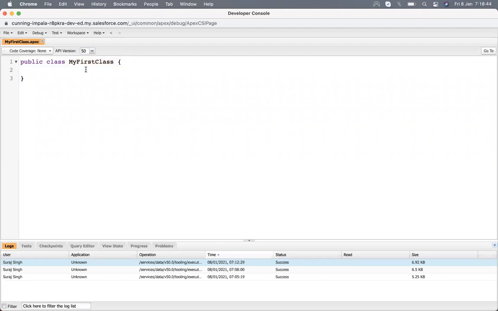It's quite similar, the same as how we declare a class in any language. We write the access of the class, which will be private, public, or global, then class, and then the class name. You are all familiar with how we declare a class and what a class is. A class has several methods on which we are working.